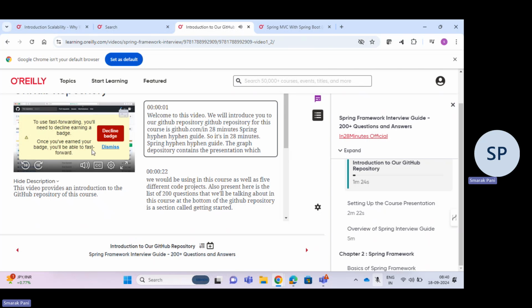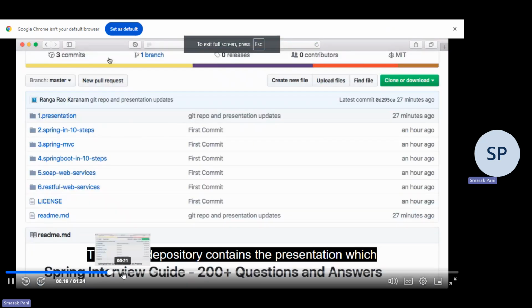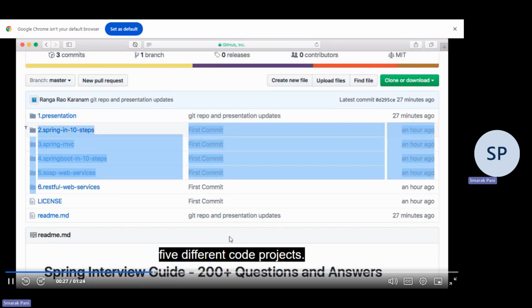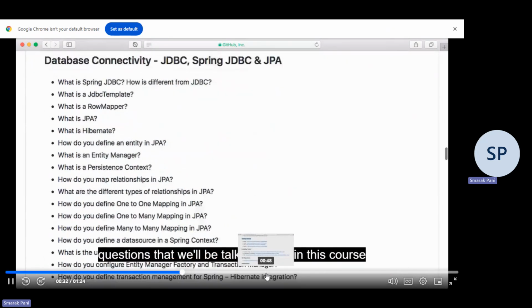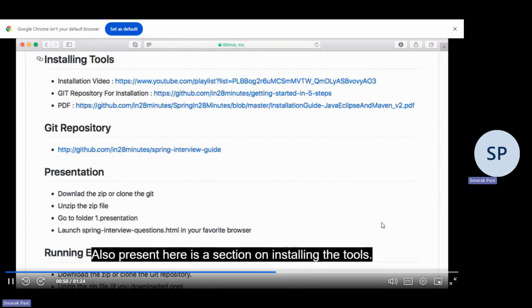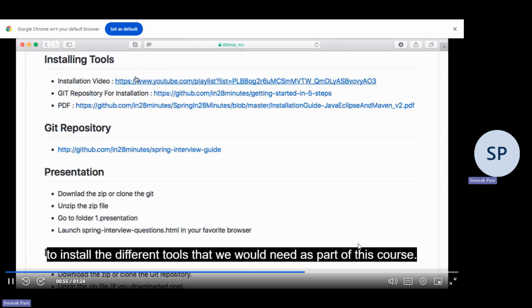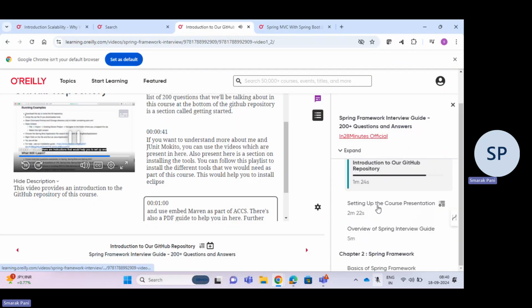Welcome to this video where we will introduce you to our GitHub repository. The GitHub repository for this course is github.com/in28minutes. The repository contains the presentation which we would be using in this course, as well as 5 different code projects. Also present here is the list of 200 questions that we'll be talking about. Also present here is a section on installing the tools. You can follow this playlist to install the different tools that we would need, as also a PDF guide to help you in here. Further below, there are instructions that would help you to set up and